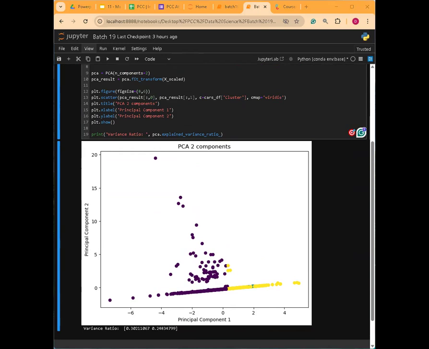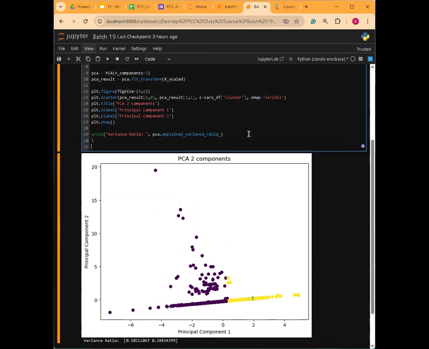What else do we need? We need to see as well what is affecting each component. What are the features that are in the component? What is giving it weight? So if we say PCA underscore components will assign here, we'll access a pandas DataFrame, and then